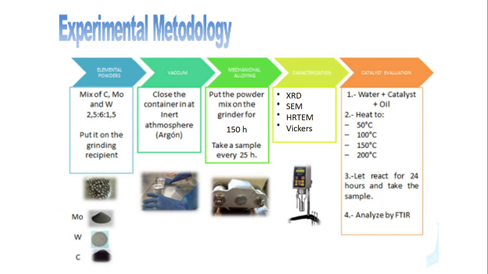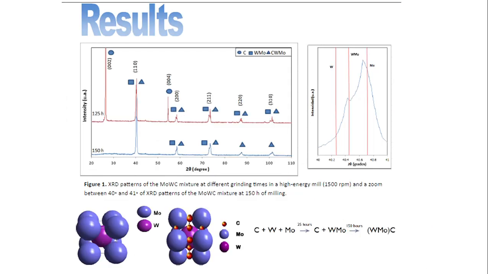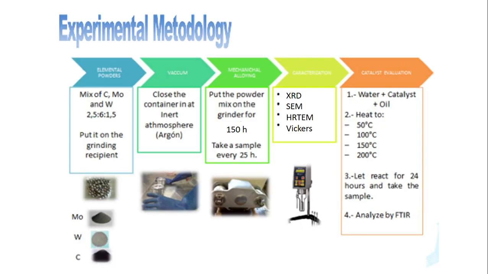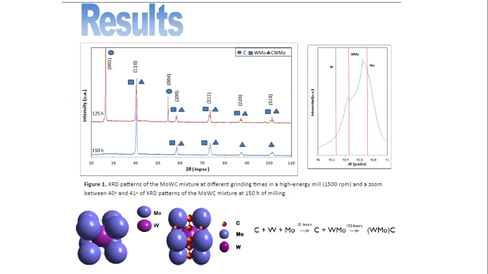in two energy processes, low energy and high energy ball mills at 500 and 1500 revolutions per minute respectively. The phases and morphology at every stage of milling were studied by X-ray diffraction, scanning electron microscopy, high-resolution transmission electron microscopy, and Vickers hardness. Figure 1 shows the X-ray diffraction of the powder particles by a high-energy ball mill at